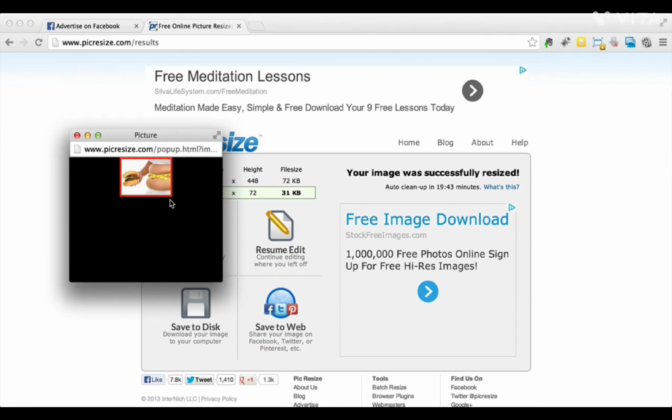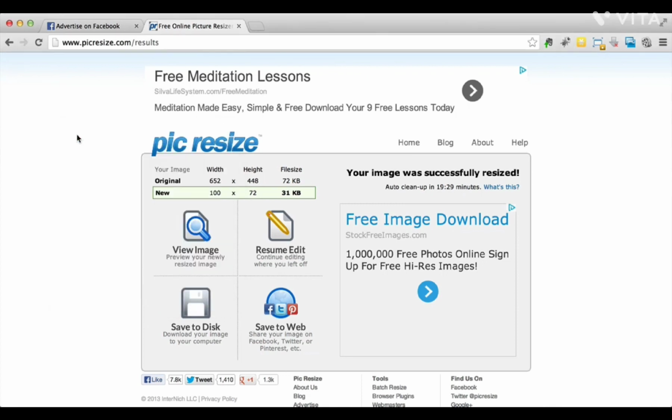We do want a border, but we don't want to waste too much of our picture space with a border. So that's how you create these Facebook ads with borders. It's really simple. The best thing about it is that you don't need Photoshop. You don't need to be good with photo manipulation or anything. All you need is this website,